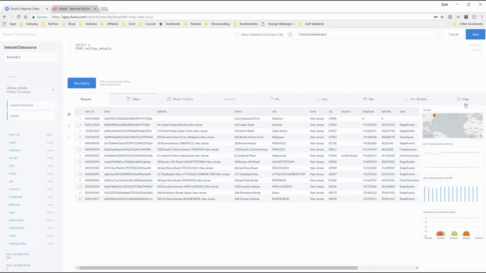Now with the map, you need a longitude and latitude record, which is right here. If you don't have that, there's a video that I put out a year or so ago about pulling address information from Google Maps. In that video, it should show you how to get the longitude and latitude. I'll link to that in the article. So we'll click map,